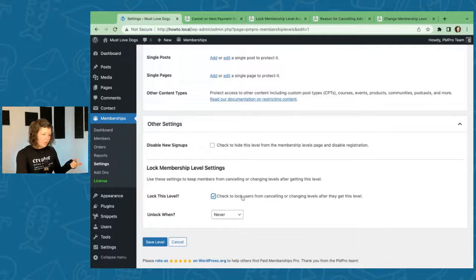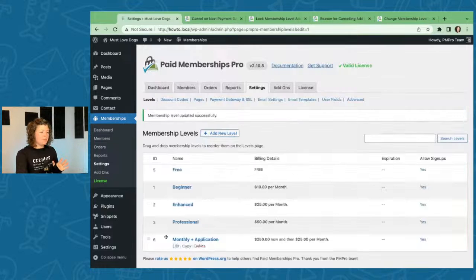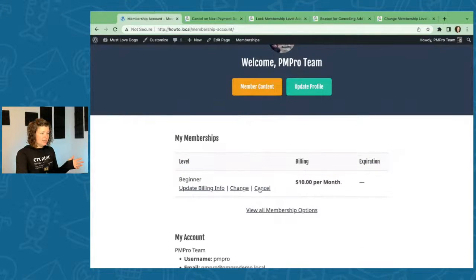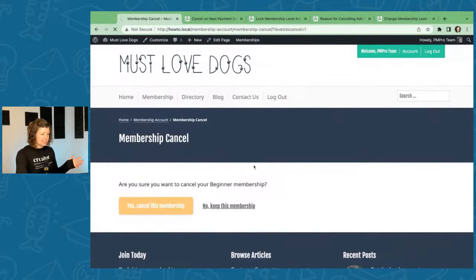So let's say we want our beginner to be locked and we will say we're going to do it after a time period. We're a monthly membership, so let's add 3 months. Maybe you might have to do 4 months, but let's say 3 months is when we will allow people who've purchased beginner to actually cancel. They'll have paid us $30 at that point. So now when I go to my account and I go to cancel, I try to cancel